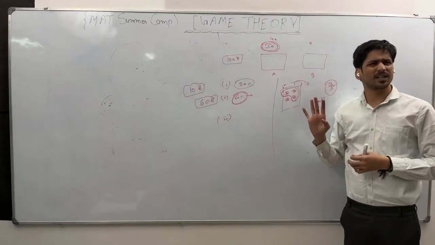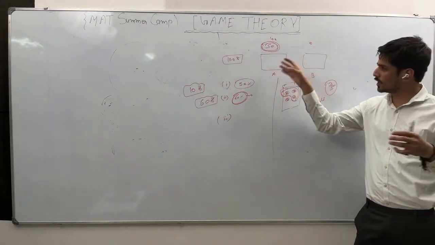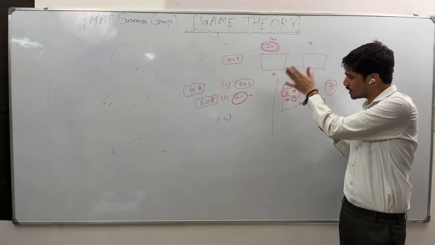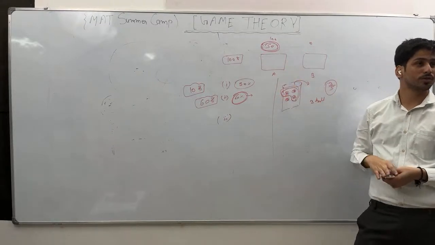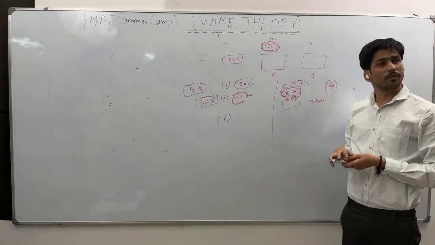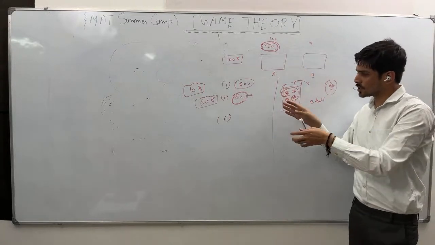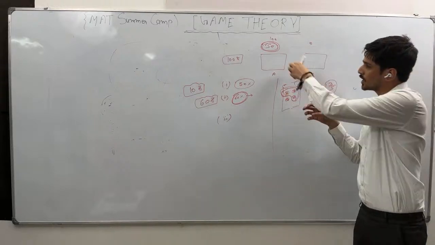No, it can be in A also. No one knows. Again, we shuffled and we put A, B. Again, from outside you can't see. Again, we have shuffled. We can put the same condition also. Random also, yeah. After doing this, I'll just hide this information. Again, I'll put in A.